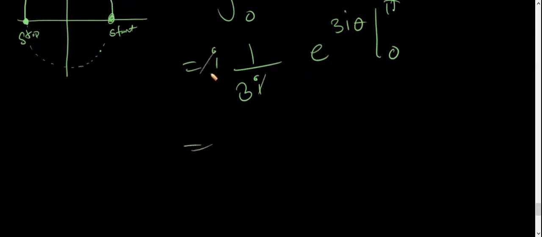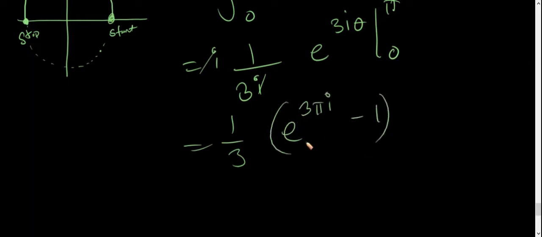So this i will cancel out. This is just 1 by 3, and there you'll have e to the power 3 pi i minus 1. And now if you recall that e to the power i theta is equal to cosine theta plus i sine theta, you can evaluate this value of e to the power 3 pi i,